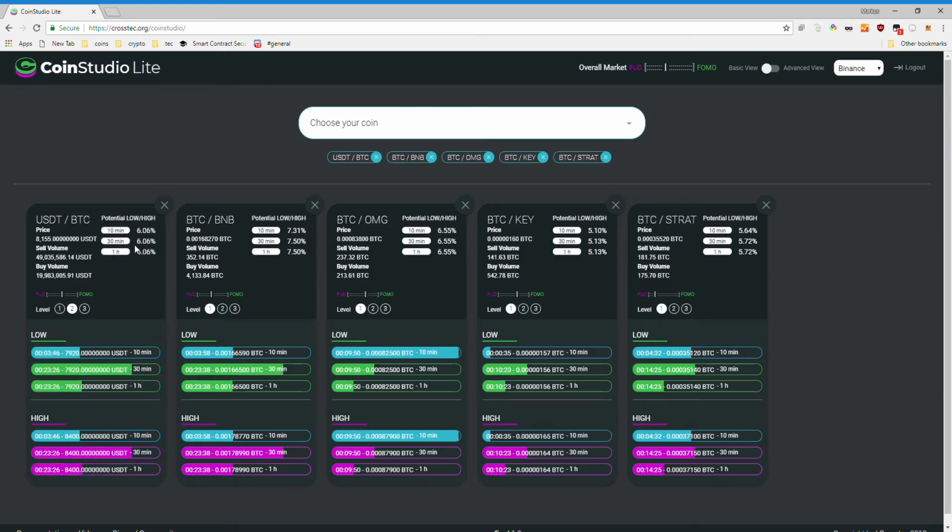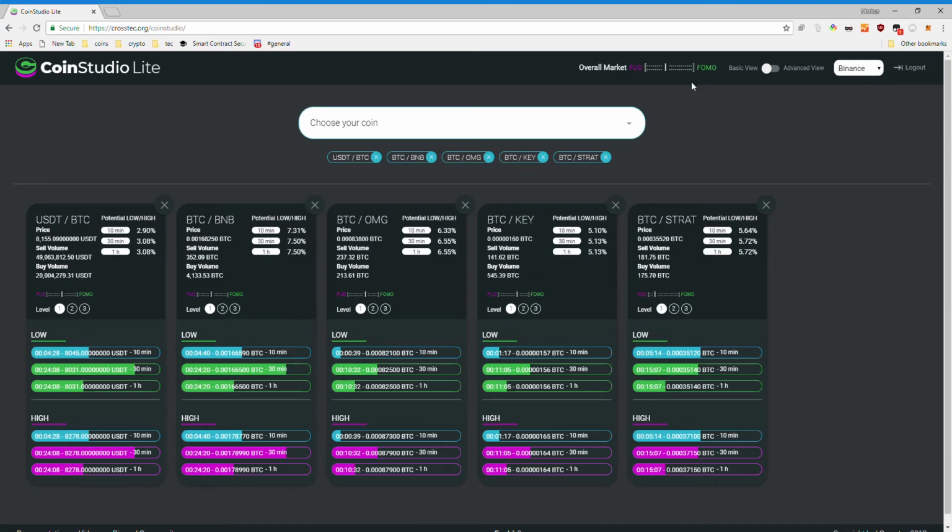If we click on level 2, you usually see higher potentials. In this case, they stayed the same over the different time frames. This means up to 30 minutes ago it was 6%, the same way it was up to 1 hour ago. And the same on level 3 goes even more up with the potential. And here the changes are slightly different. So the US dollar BTC pair is actually quite stable on the scale,